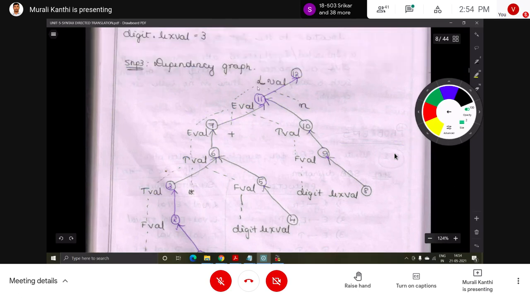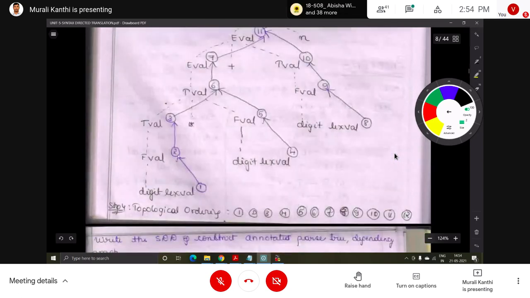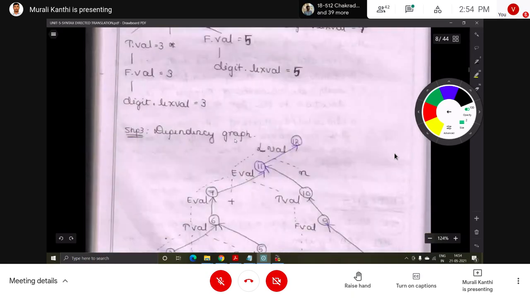Finally giving the result to L, that is the 12th operation. Representing these operations with arrow marks and specifying the order number is called a dependency graph.